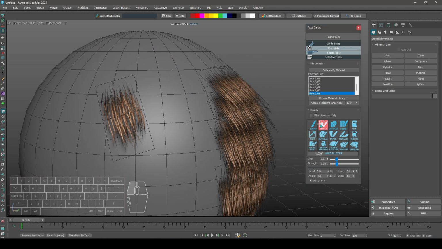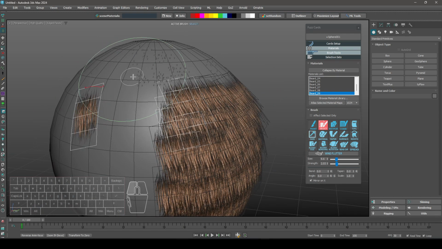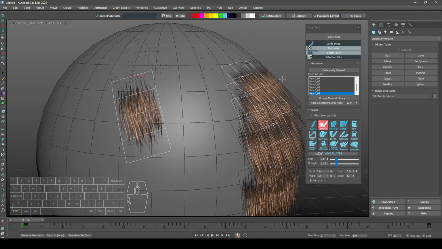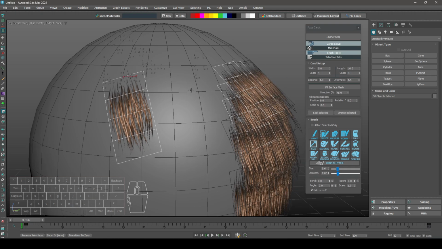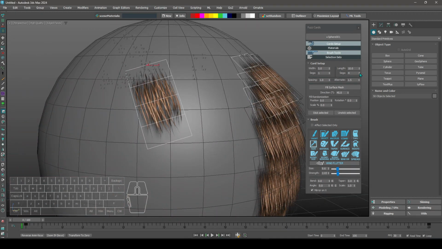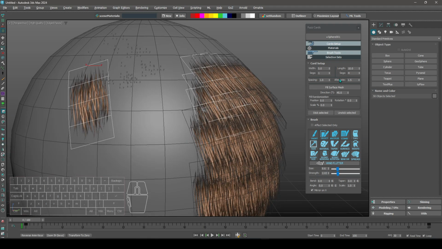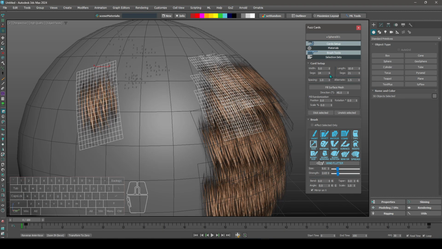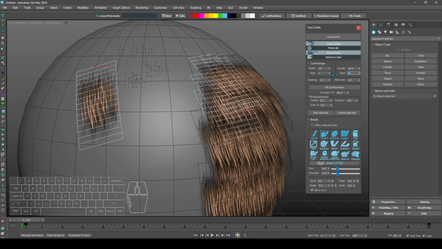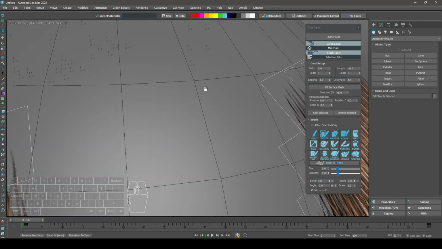Also, if you select a few planes and go to the card setup, I will close this material here, and you want more segments, just select, and this will work only on the selected planes, at how many segments you want. Okay, make it 4 like it was before,